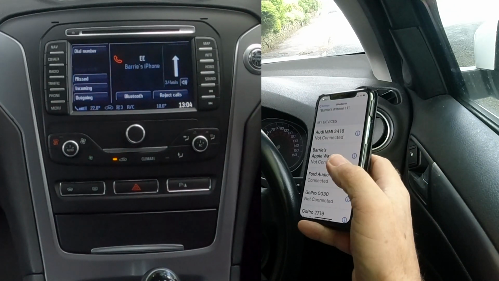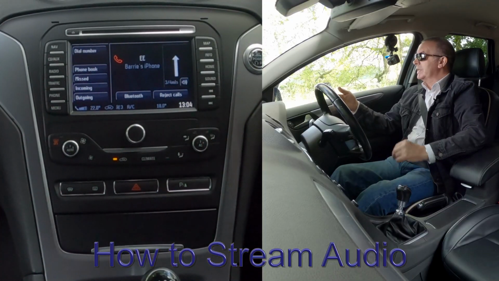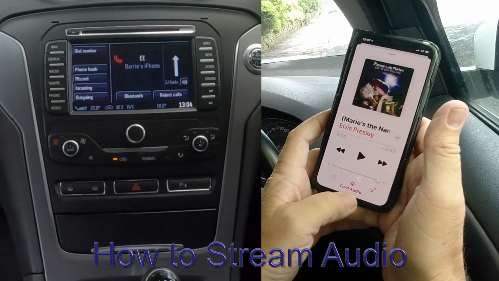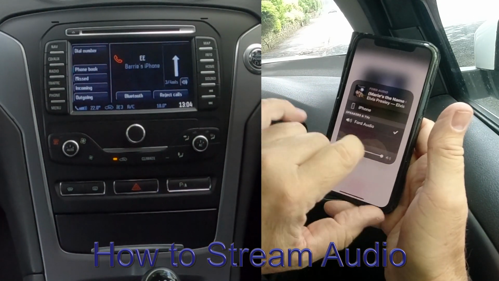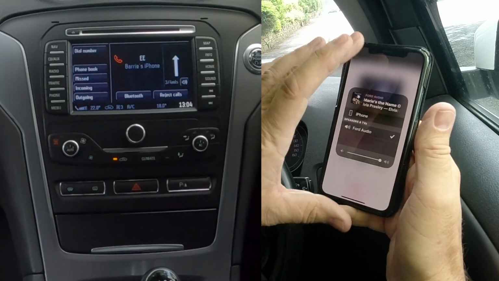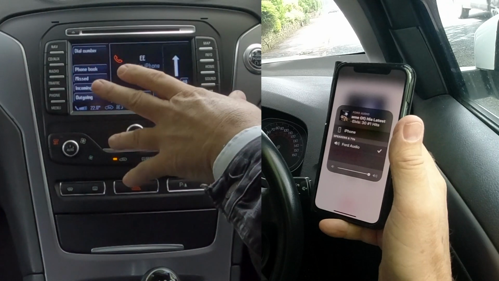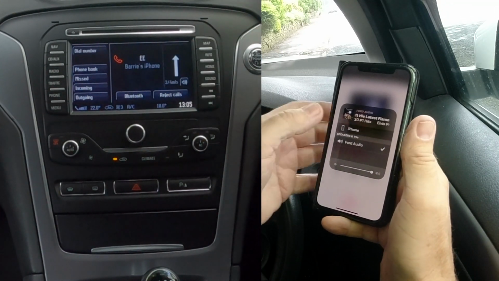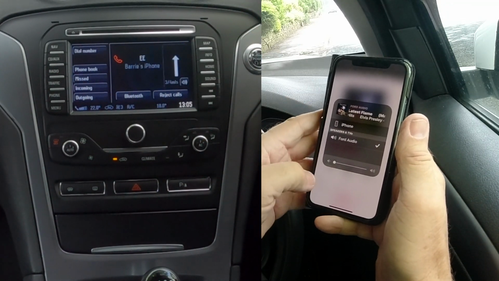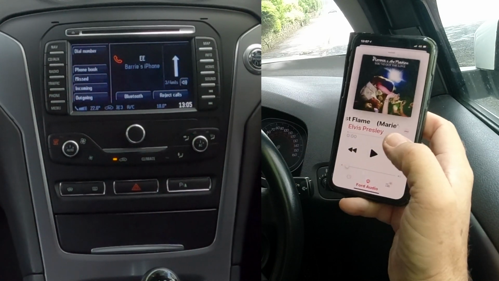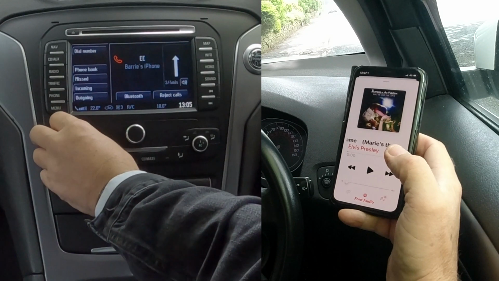That's how you pair. Another great thing with this system is if we go to iTunes, see at the bottom there, Ford Audio, there's a tick next to it, so whatever I play on my phone now on audio, so long as you're on the media section here, it will play through the speakers in the car. So I'll just turn that down, we'll go back, click play, and then